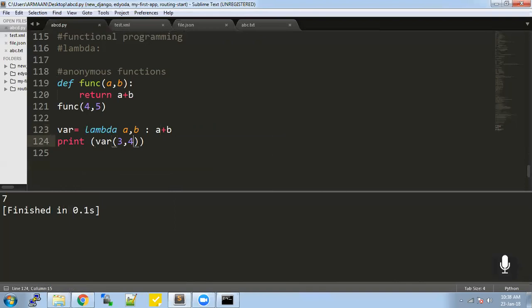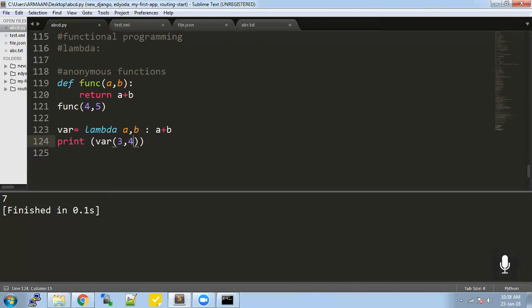This can be used only in small functions. No, it can be used for multiple lines, but usually that's the drawback of this. That's one disadvantage that functional programming has in Python. So we only use functional programming in Python when we have smaller applications or smaller functions to perform. For higher ones, it becomes more complicated. The entire purpose of using this gets lost. And the purpose is